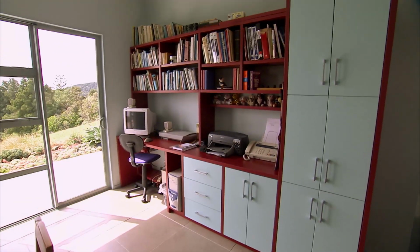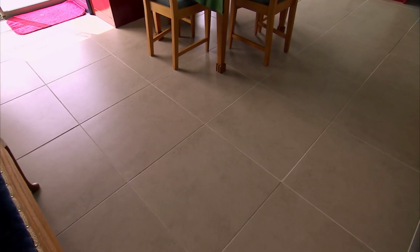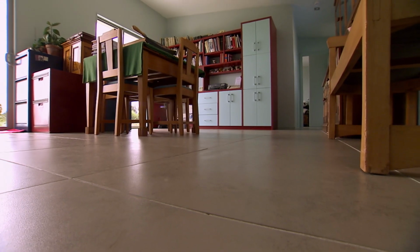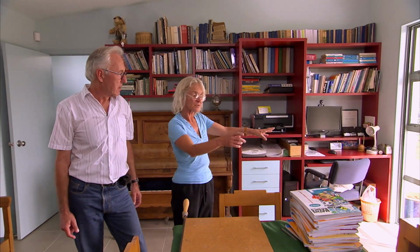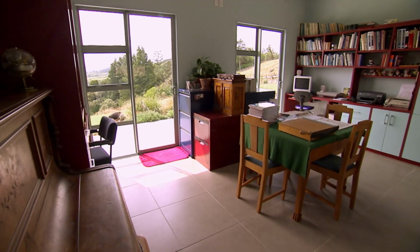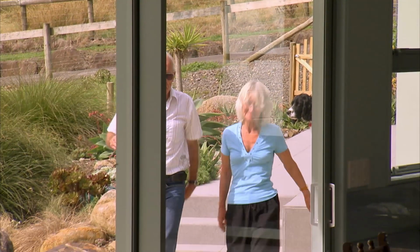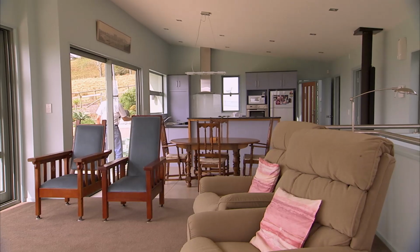The house is passive solar. It's open to the north. The sun heats the concrete floor and, of course, forces the heat back up into the room. And if there's one thing I really like about this office, it's the fact that we've both got doors, and I happen to like hopping outside. I can just step straight out the door, enjoy the fresh air, enjoy the view. So it's indoor-outdoor sort of living. From the office, it's just a quick hop outside and back down the deck to the...